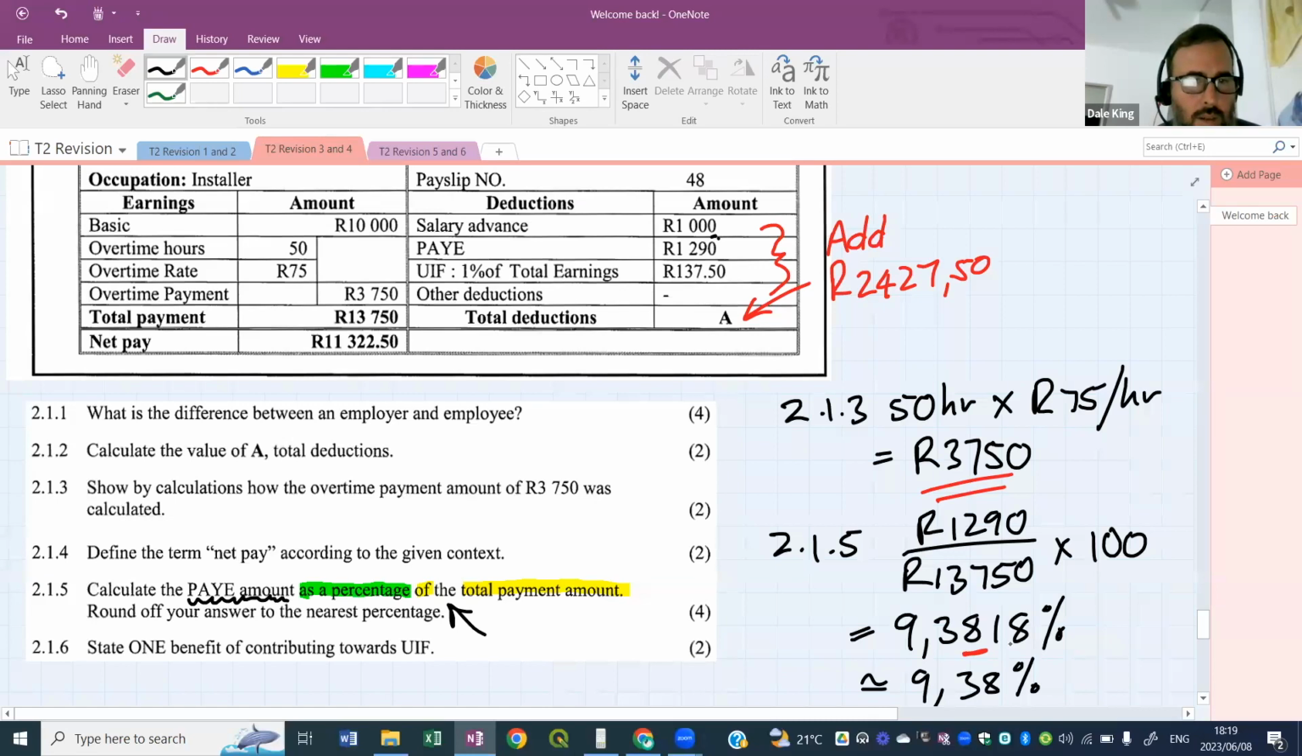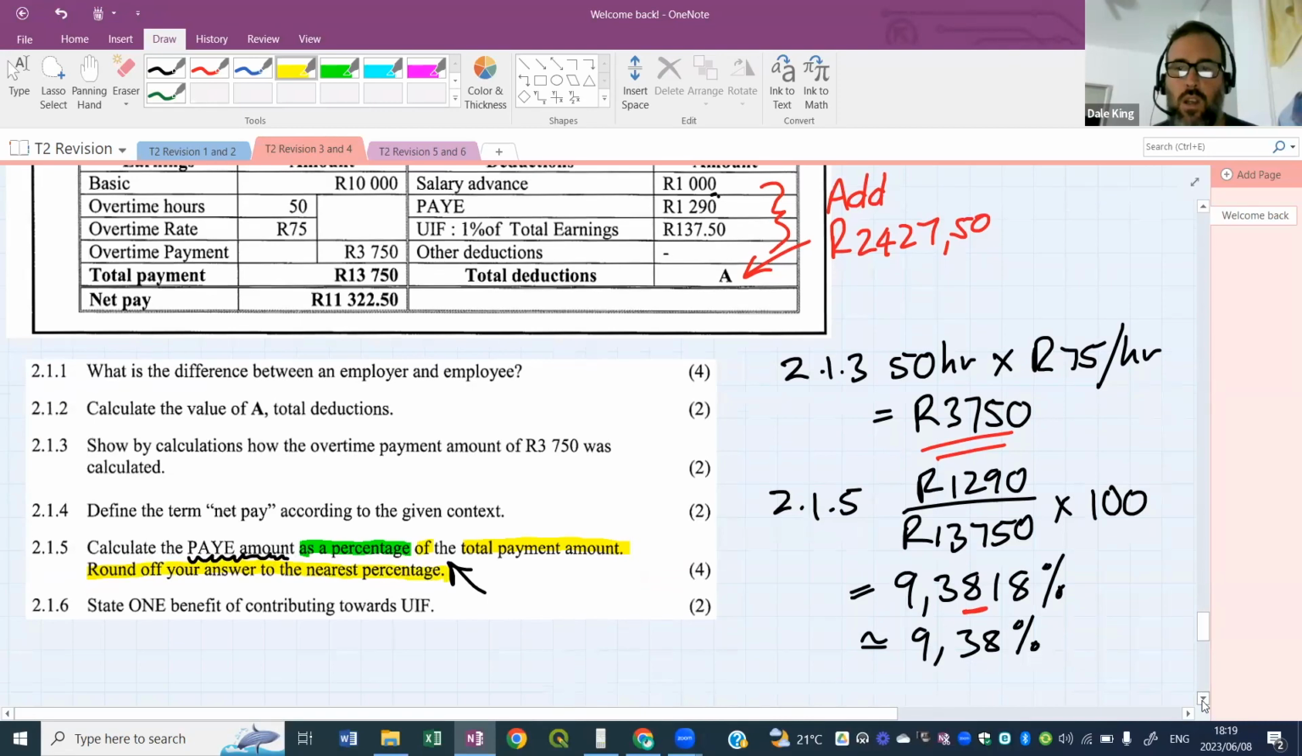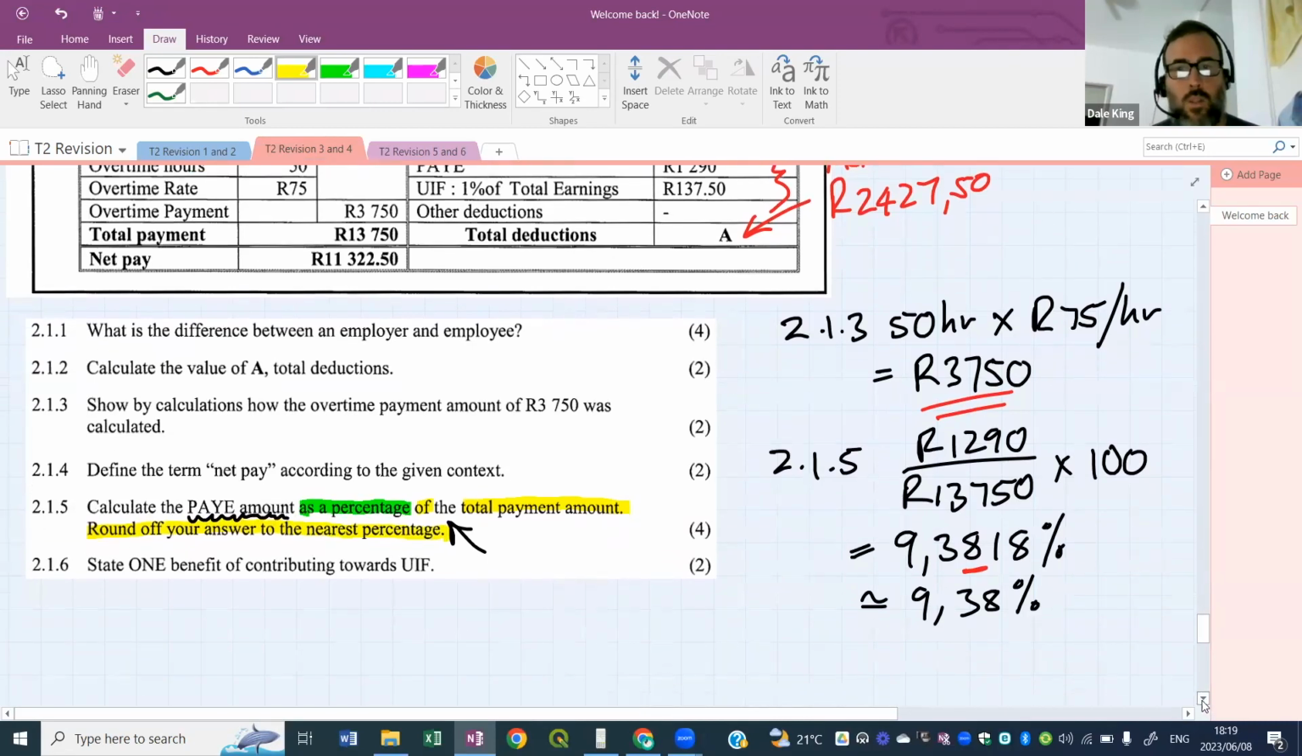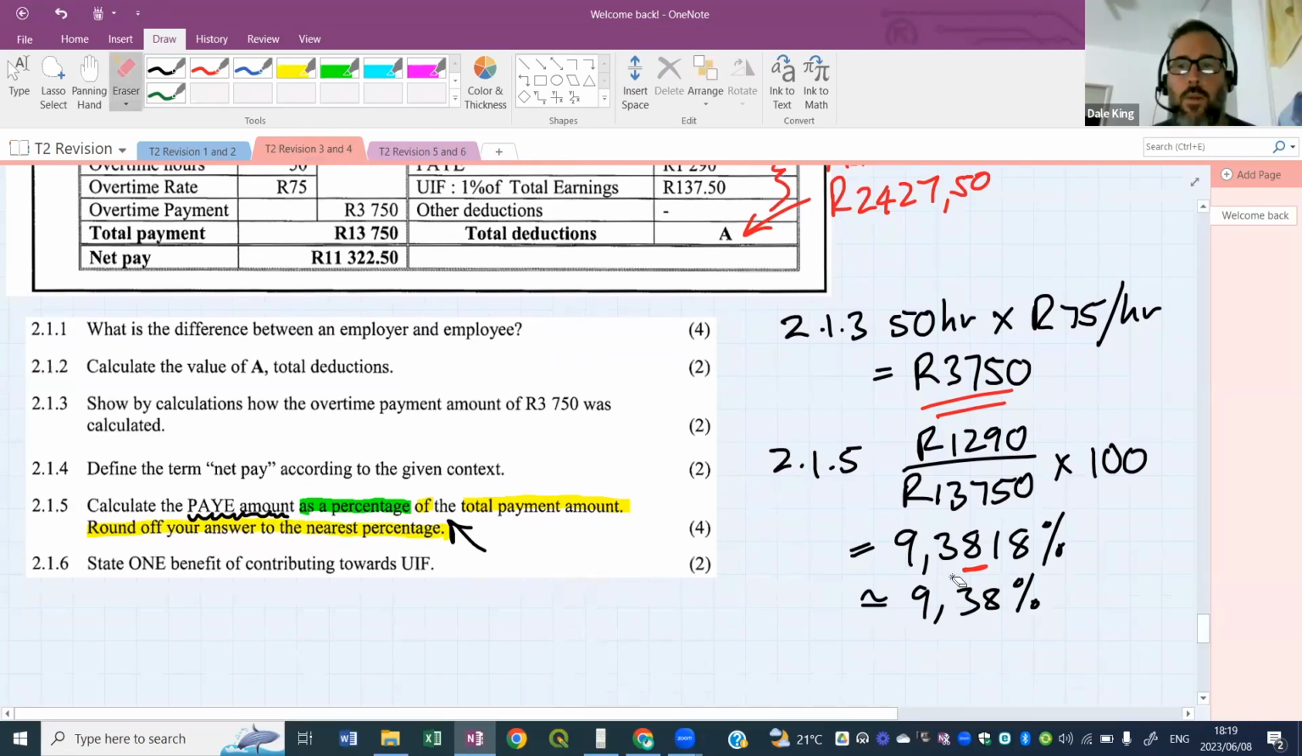Did they tell us otherwise? Oh, they did. Round off your answer to the nearest percentage. So here's a specific instruction. We always round off to 2 unless they tell us to do something special. They've told us to do something special here. So let's go back. We're not looking at the second decimal place. We're looking at the 9, the nearest percentage. Will that 3 change the 9? No, it won't. So this is just going to be